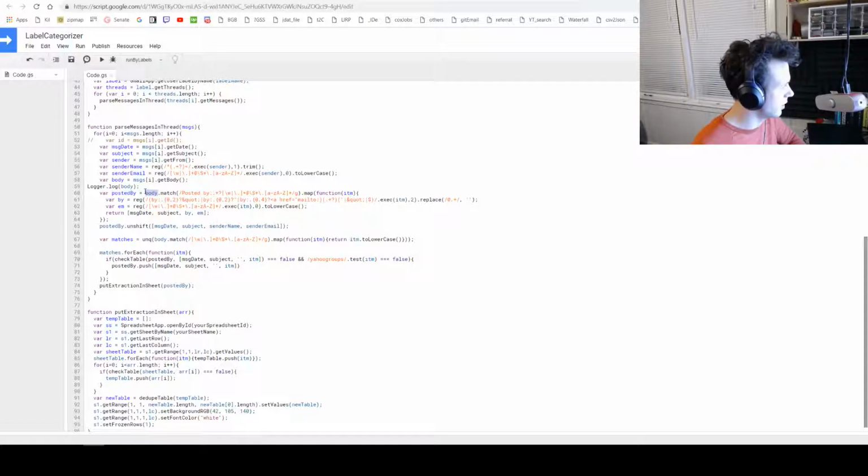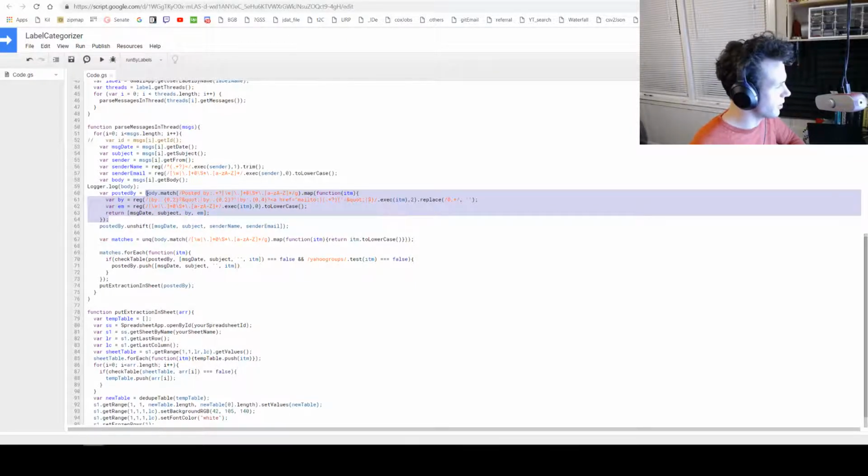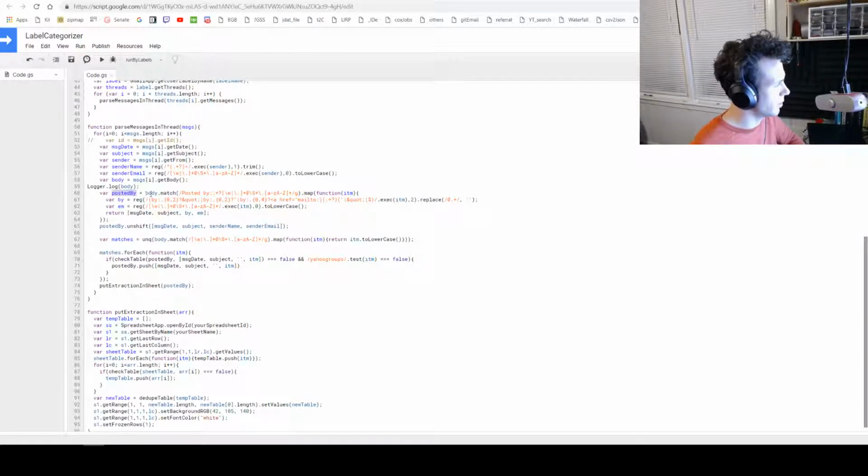So this whole chunk is a function. We say this variable posted by is the body, and then we're matching it using the matching regular expression, which creates an array of matches, and then we map through each one of those matches and perform this little subscript here to match the emails in the sender. From there,